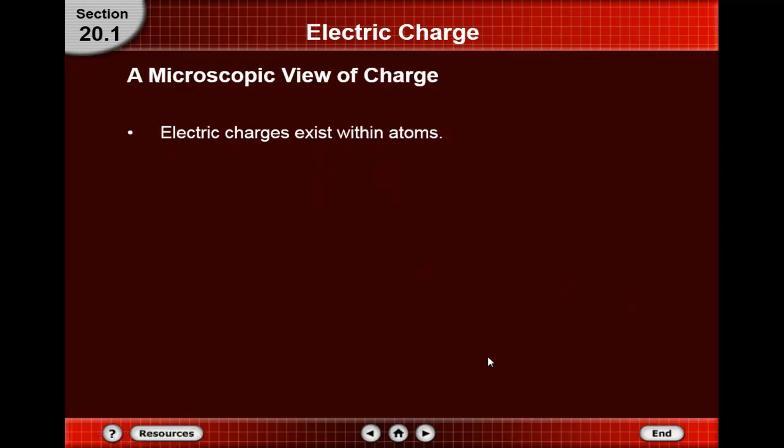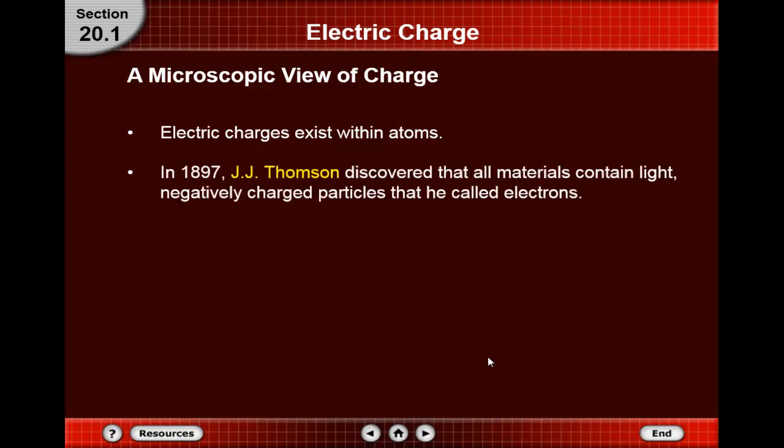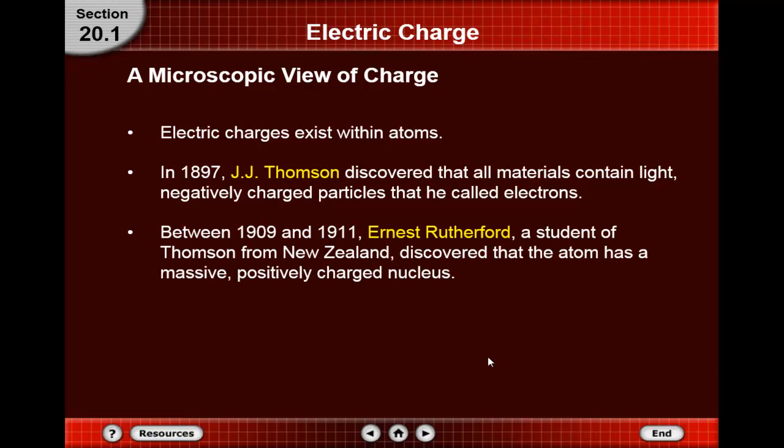A microscopic view of charge. Electric charge exists within an atom. In 1897, Thomson discovered that all materials contain light negative charge particles, and he called this electric charge electrons. Okay, so who discovered the electrons? Thomson. Between 1909 and 1911, Rutherford, a student of Thomson from New Zealand, discovered that the atom had a massive positive charge. So Rutherford discovered the nucleus, which contains protons and neutrons, but Thomson discovered the electron,